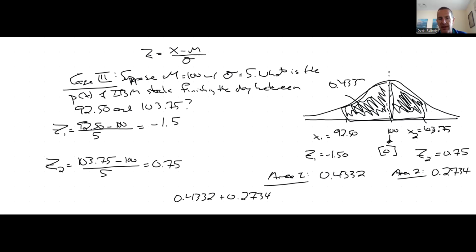That is this area right here. This shaded region has an area of 0.4332. This region between 100 and 103.75 has an area of